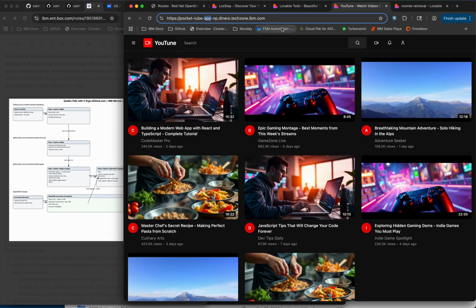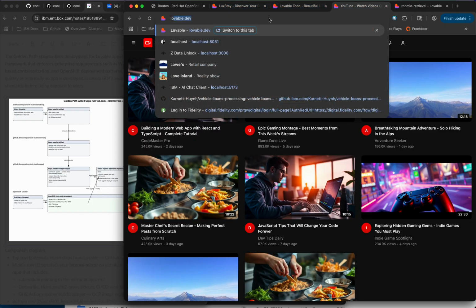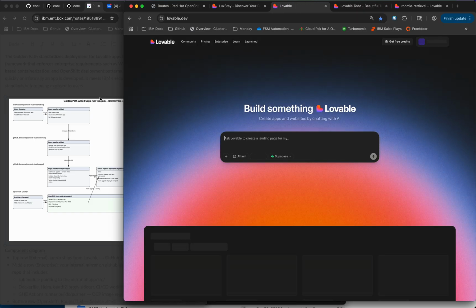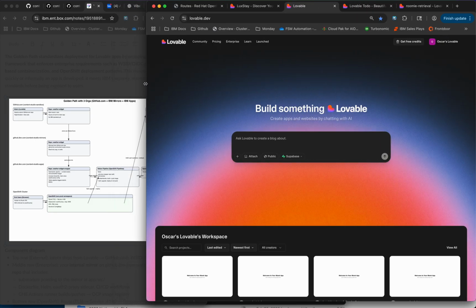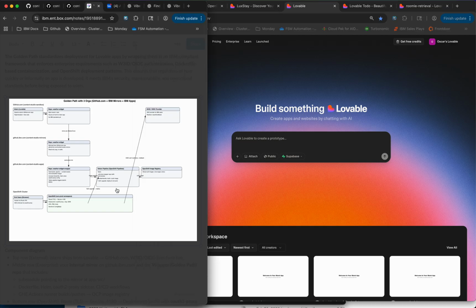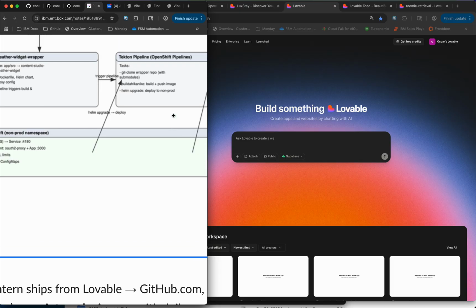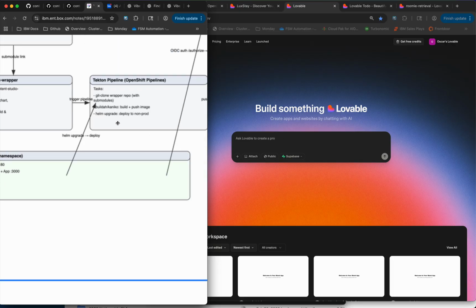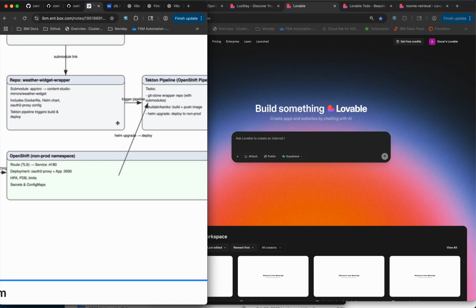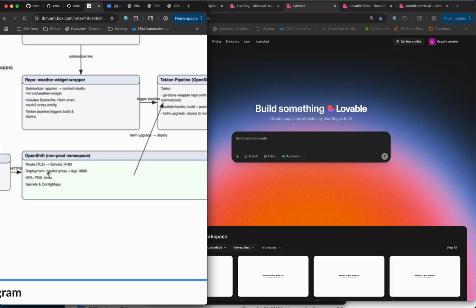And you might be wondering, Oscar, how come you just don't deploy it on Lovable instead? Well, there's a couple of reasons. Essentially, we're not just deploying Lovable apps onto OpenShift. We're essentially creating guardrails that are appended to the Lovable GitHub repository. And those gold standards, which are soon to come, at the moment already include the Helm to deploy the apps onto Dinero, but we also need to pass in or create the OAuth 2 proxy